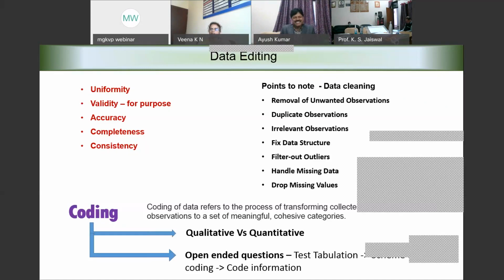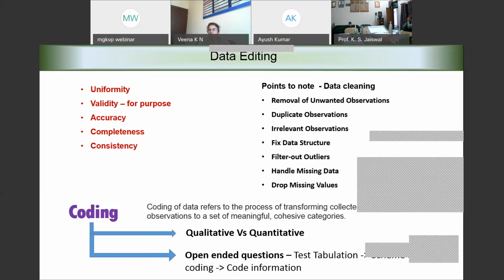So it depends both on the type of variable and the type of questions asked. If qualitative variables are being dealt with, then definitely coding should be done. And in case of a quantitative variable also, if the categories need to be found out for the variable under study, then also we do the coding.